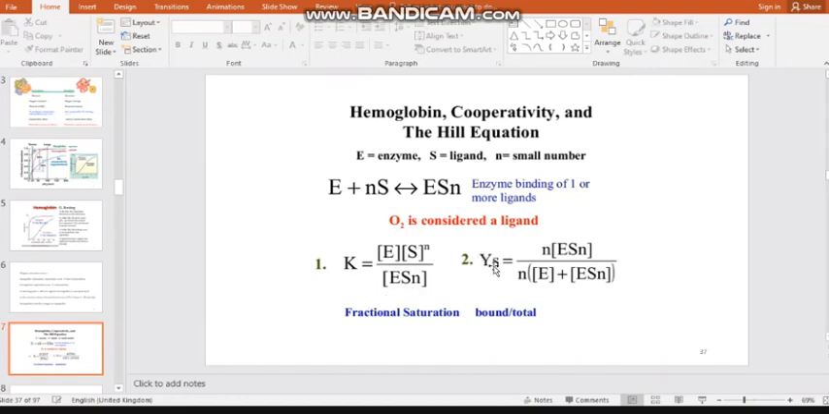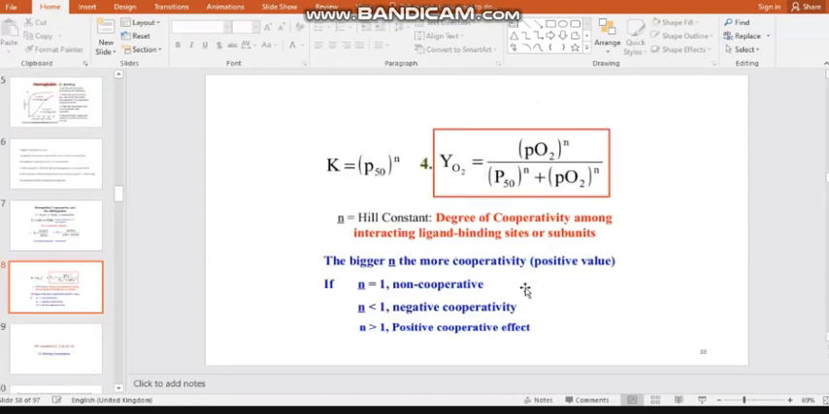So Y is how much substrate is bound. That can easily be calculated by considering the above equation. And if you take these two relations, the expressions are simply the inverse of this one. Y is nothing but the inverse of K. But only one thing, we are putting the n value in the prefix. So n is nothing but the number of ligands, how many are added. So the partial pressure of oxygen